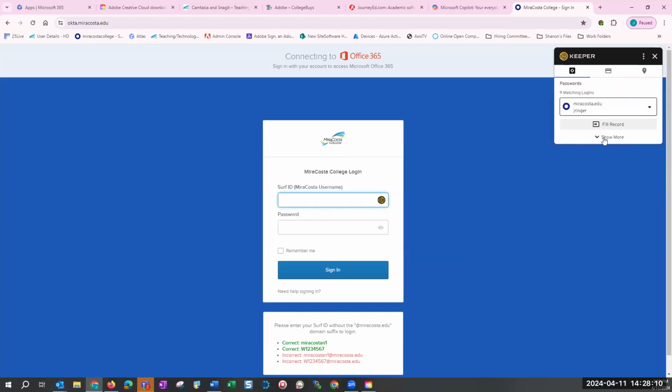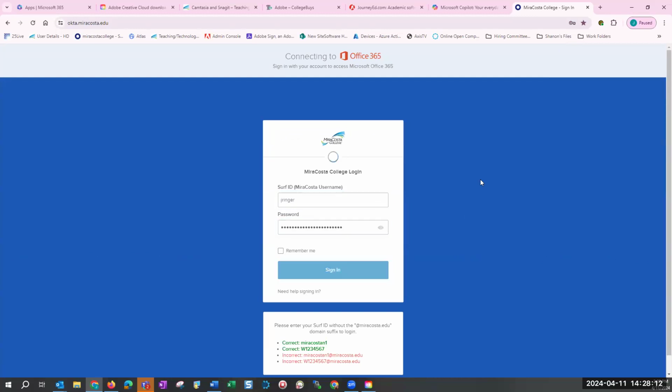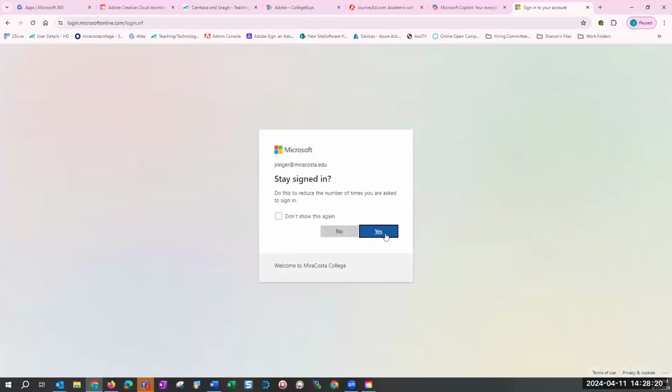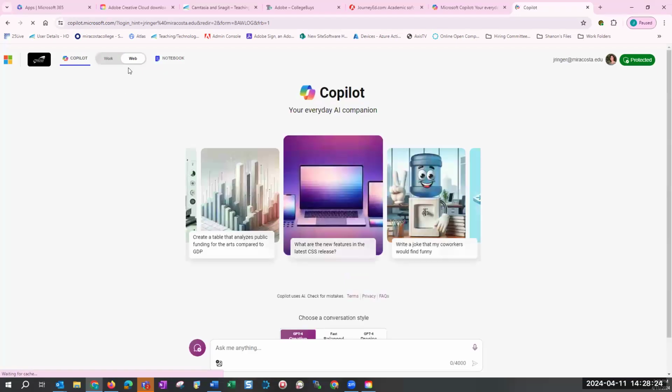And then you're going to log in with your username and password. And then when you use Copilot on the web, you are protected.